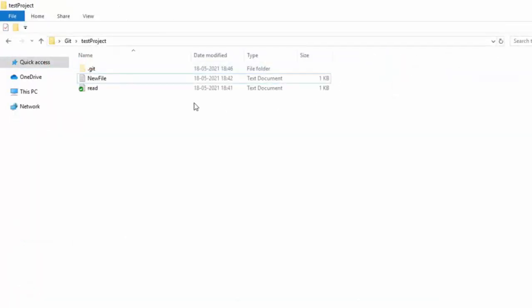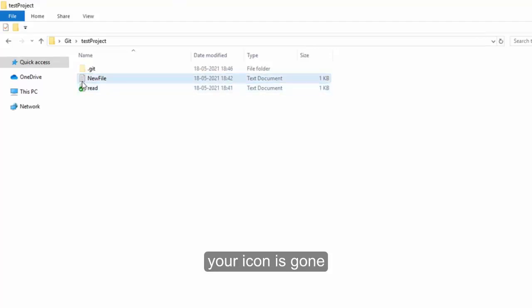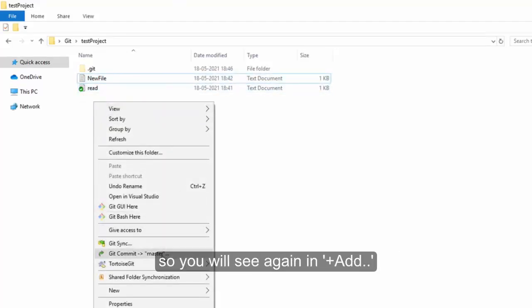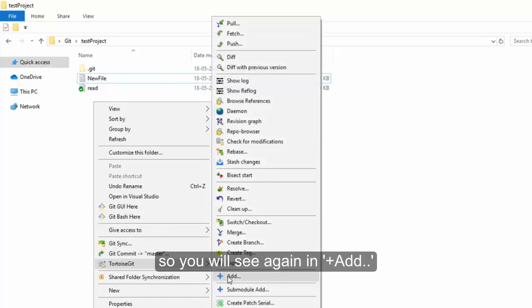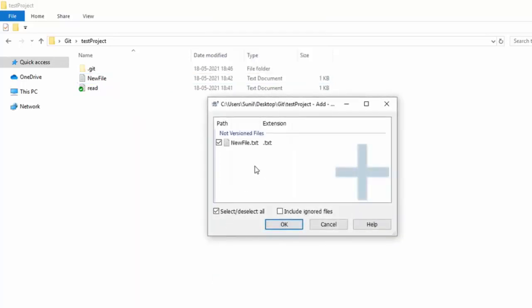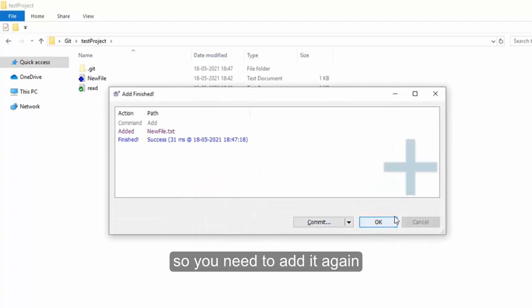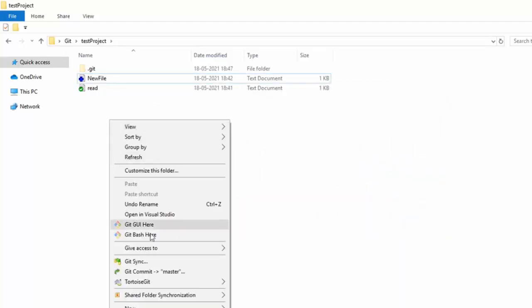So if you can see, your icon is gone because tortoise git doesn't recognize it. So you will see it again in add. Okay. So you have to add it again and perform the same commit operation.